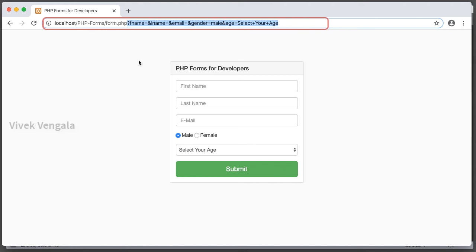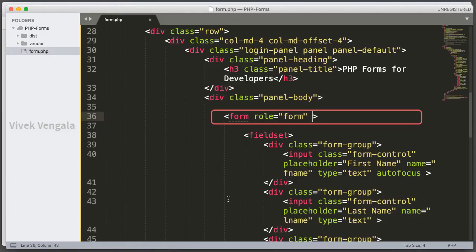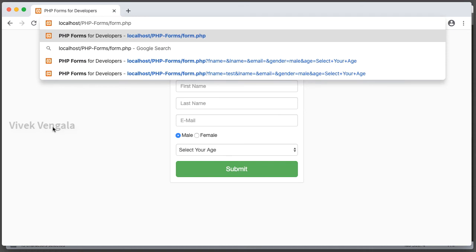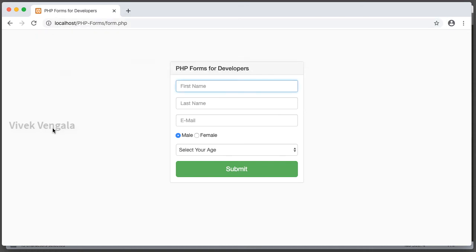In PHP, if you have learned about the get method, we pass values in the URL so that we can read them through the get superglobal. Here we are not going to use a get superglobal, we'll use a post superglobal. For that we should pass method post. If we use the get method, these values can be seen by other users, and if we use the post method, these values will be submitted with the post method and no one knows about these values through the URL or any other method. We are going to read it with the post superglobal. We'll see how we can use that post superglobal in the next video while adding the PHP form validations.